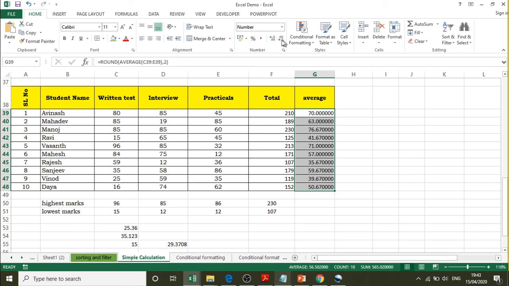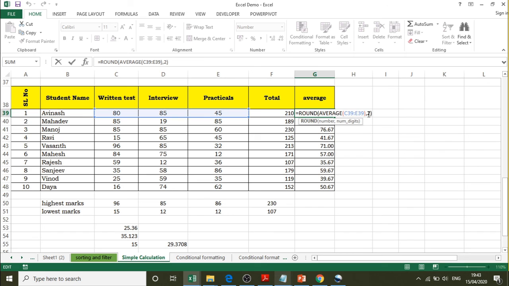You observe the difference now. If I increase or decrease the decimal, because using the round function I have removed that, I am using the number of digits I require after the decimal point. This is how we can make use of the round function, and in another method I am trying to make you understand how we can write the round function, and inside that we can use another function to get the input for this number part or first parameter.